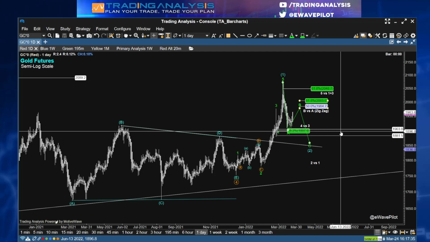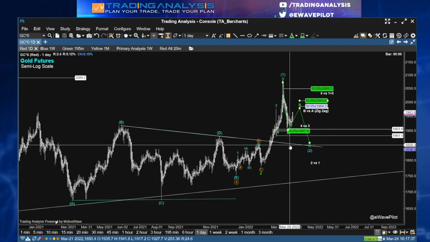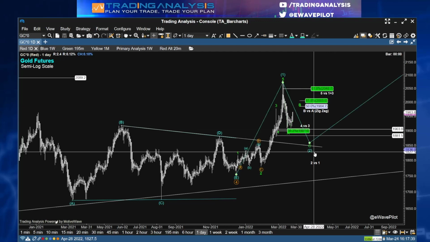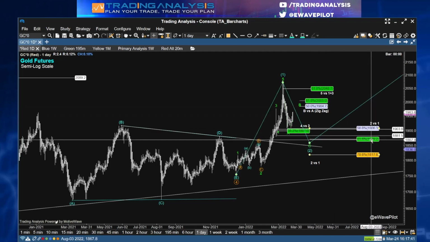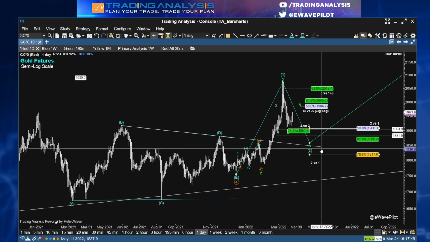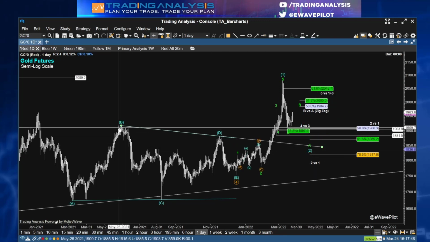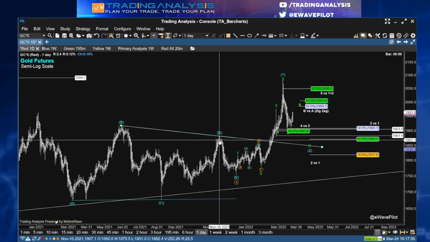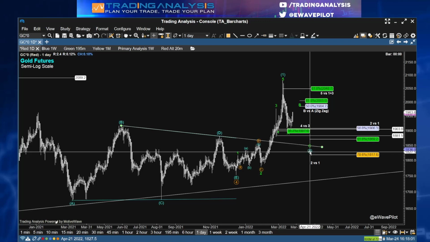If this is truly a mode of development, then we do anticipate this correction meeting support between its 50 and 61% retracement. We could move as low as the 786 retracement. And another key technical area would be the extended trend line offered from the contracting triangle. If you take a June 1st '21 high through the November 16th '21 high,